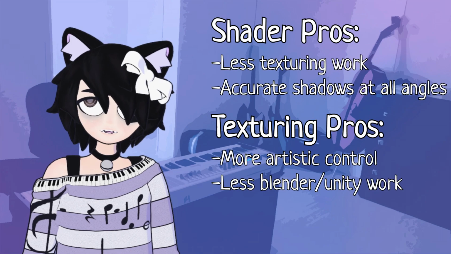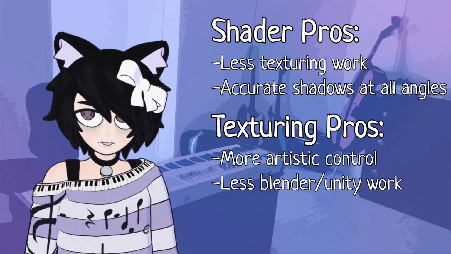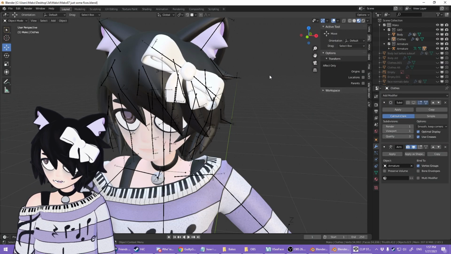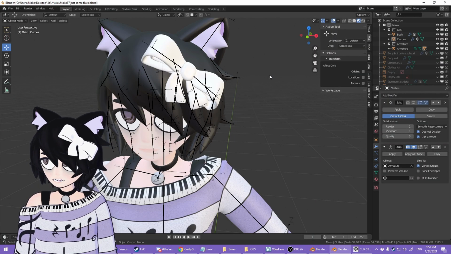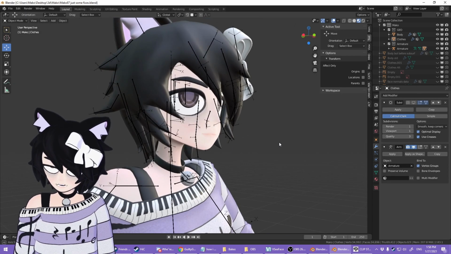You also have slightly less work you have to do in Blender or Unity. You know, just in case you feel like you've had enough of this by then. We will go over how to set up shaders in a later part, once we start importing our model into Unity, but we're going to have to preempt that with something.